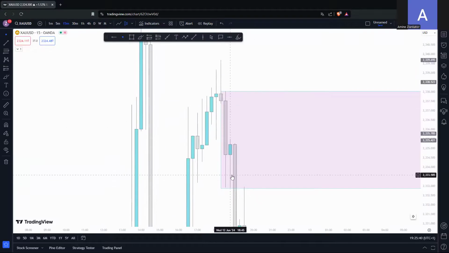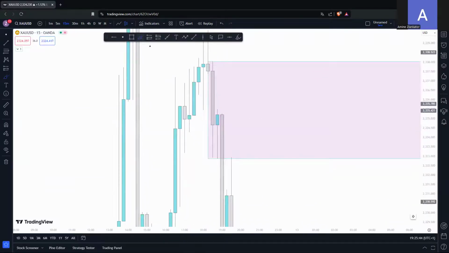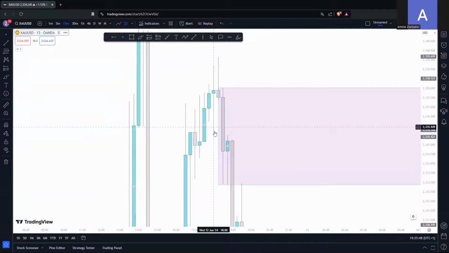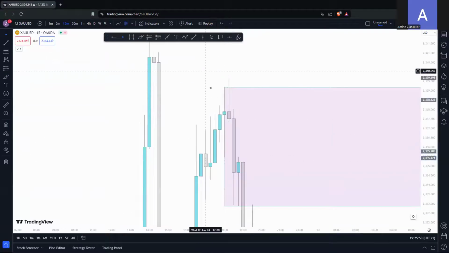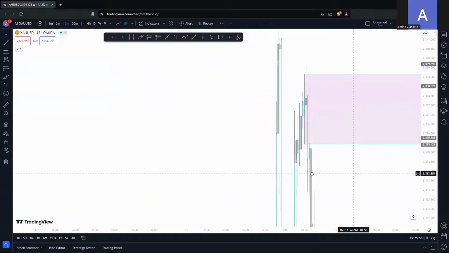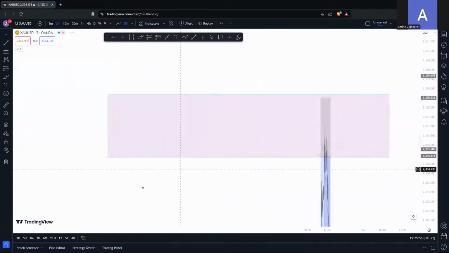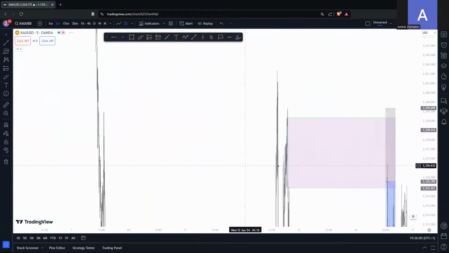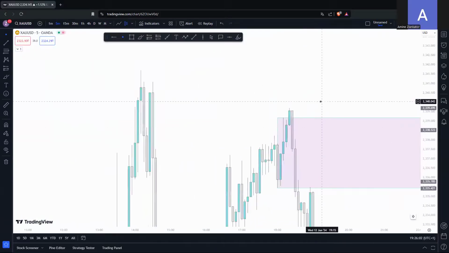So what I did when I marked that zone, I started basically from the first move. Okay, when you don't have an ISL on the second move, you go to your first move, even if it is unfresh. As you can see here, this is where we're going to start from, the bullish candle, the low that took the previous low. So you're going to refine that down to the M5, right? Now, as you can see,